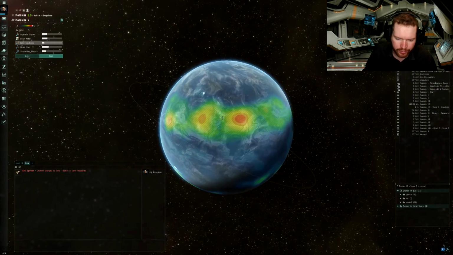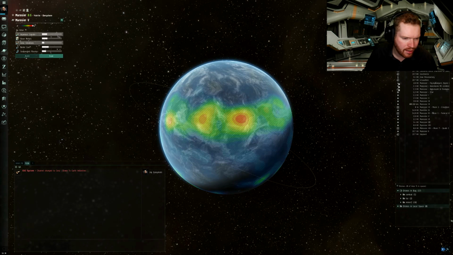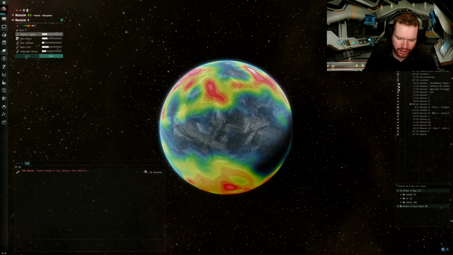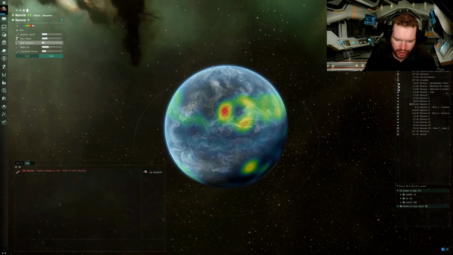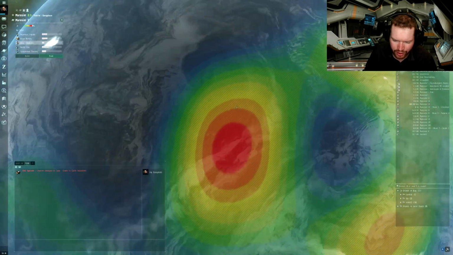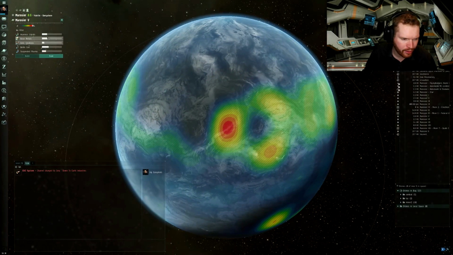So if we go for this one, let's see. And then we have a decent spot here. What if we go with that other hotspot over there? That was a good hotspot. It's not that big, which is my main concern, that it's fairly small. But how are we looking for...